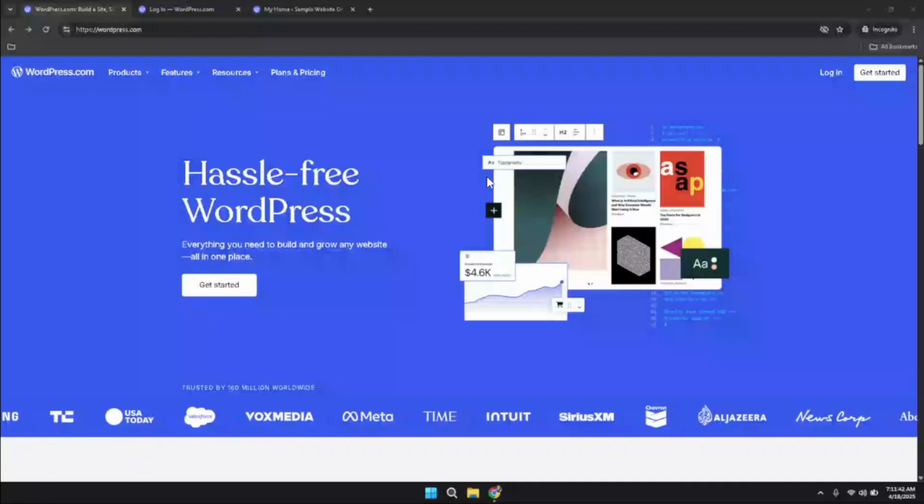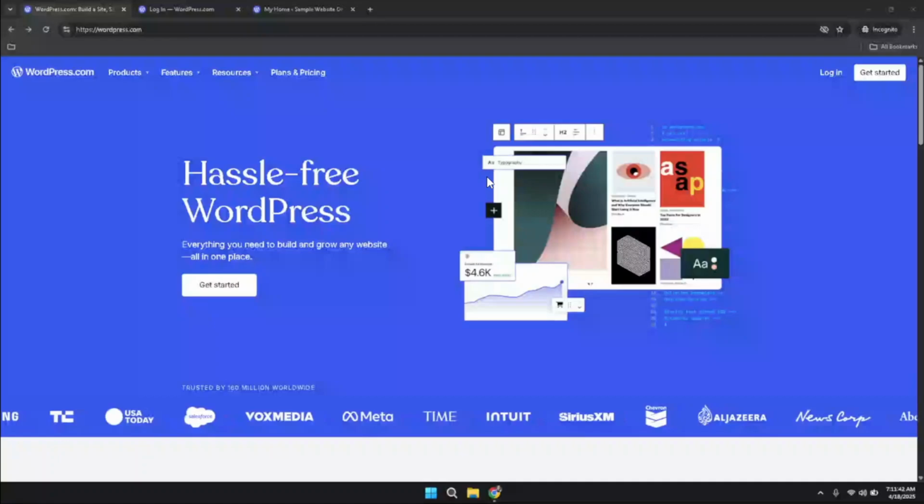Welcome to this quick guide on editing your homepage template in WordPress. In this tutorial, you will learn how to navigate through the WordPress interface and make quick edits to your homepage in about 5 minutes. The process is simple and straightforward, ensuring you get familiar with your website's dashboard and editing